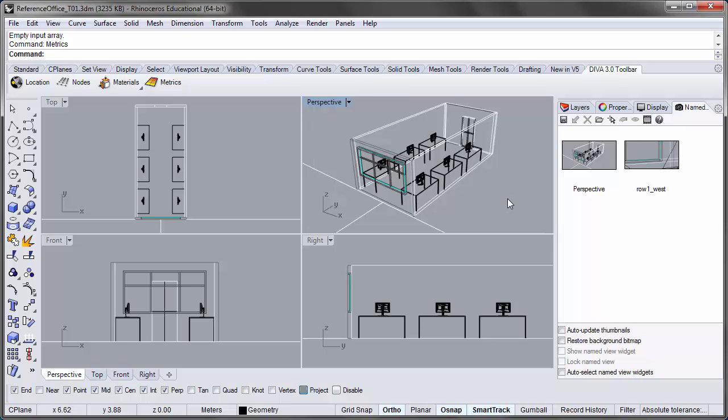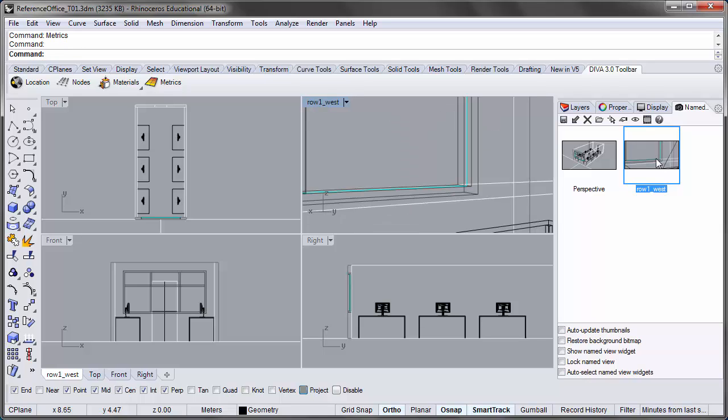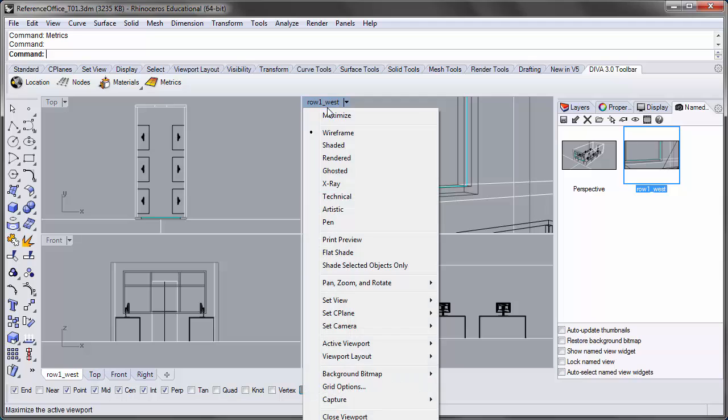So in order to do an annual glare analysis, we actually have to set up a camera view from the viewpoint of an occupant inside the building. And if you go to the file under the name views, you'll see that there's a couple of views inside this file, and go ahead and double click on row 1 west. Now row 1 west is a view from the closest row in the west side of